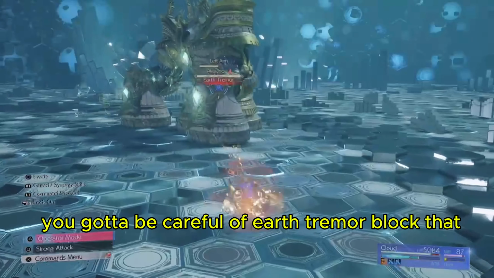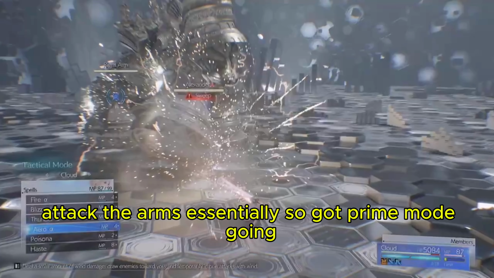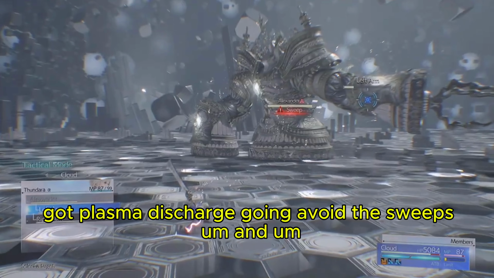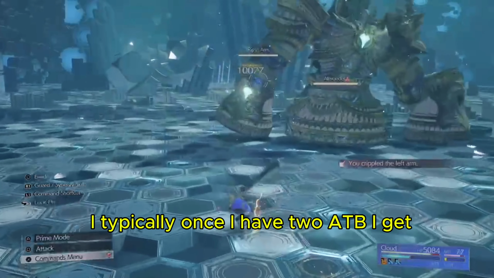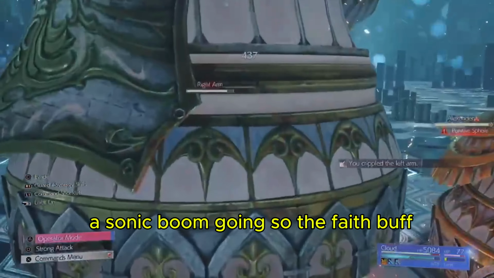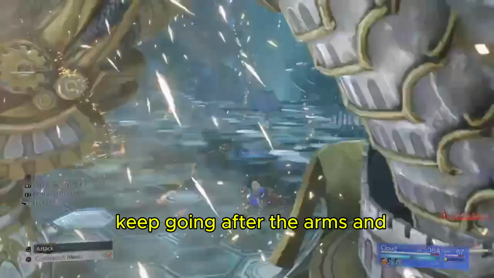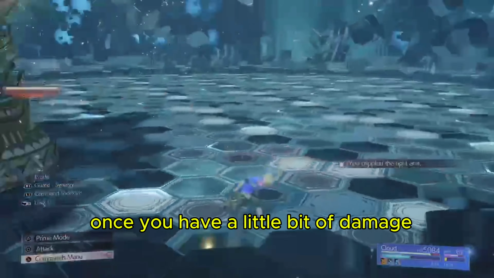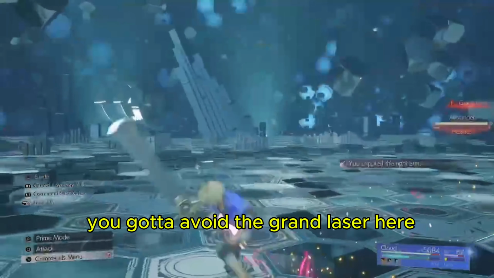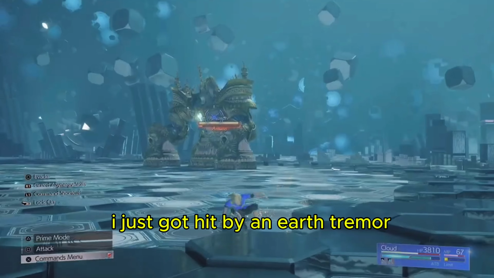Earth Tremor, block that. And then just attack the arms essentially. So got Prime Mode going, got Plasma Discharge going, avoid the sweeps. I typically, once I have 2 ATB, get Sonic Boom going, so the Faith buff for an ability, and then just keep going after the arms, and once you have a little bit of damage, with the Faith buff you can do Thundara, you can avoid the Grand Laser here. That's something that can take you out very quickly. It just got hit by an Earth Tremor,